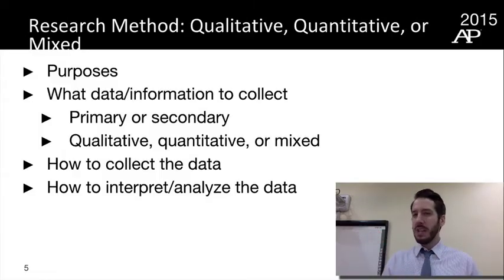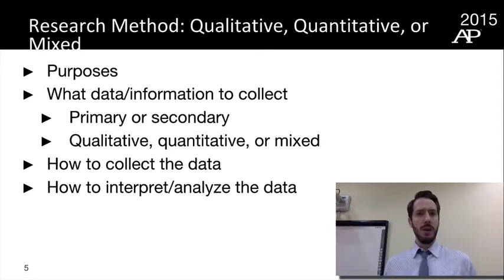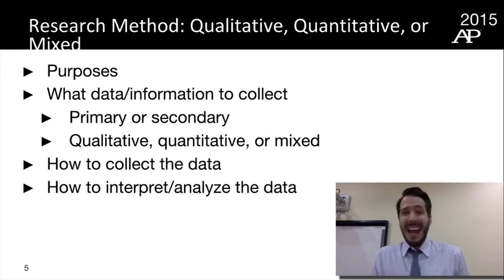Now let's get on to data method. This is where we're going to spend a little time actually dissecting the different options. You've got 3 options: qualitative data, quantitative data, or mixed. Now I'm going to give you a couple of spoilers. A lot of you will be choosing mixed data methods